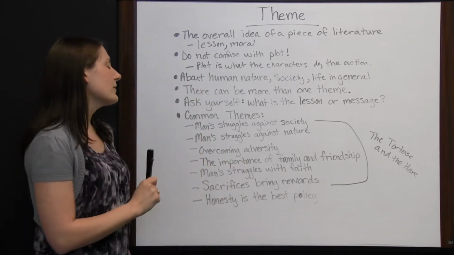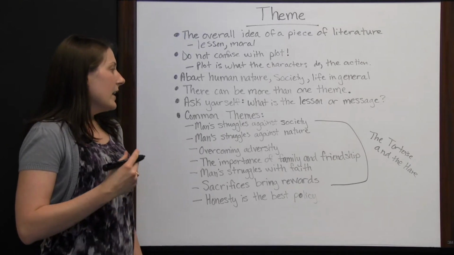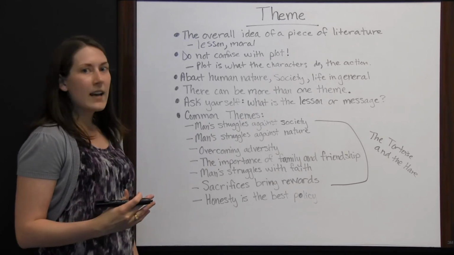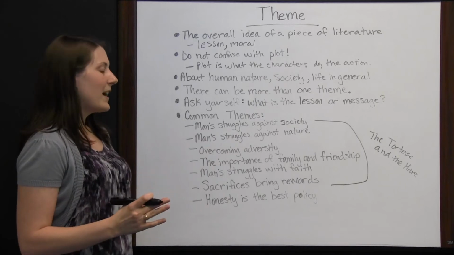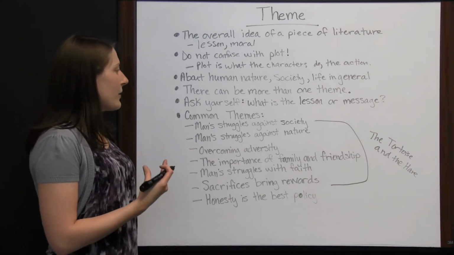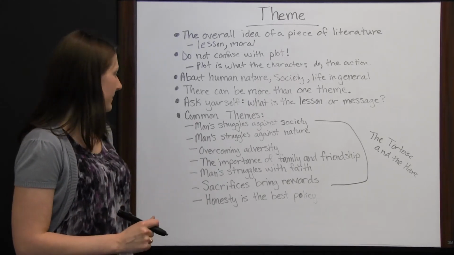So, man struggles against society. You've got this tortoise who feels like he's going to keep going and he's going to try to win the race, but all of society is against him and saying, oh, that hare has got you beat. He's way faster than you. I don't know why you think you're fast enough to beat him. So I'm sure that tortoise was struggling against society's views of him.